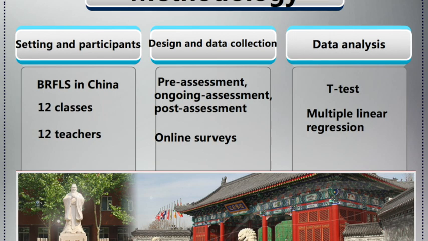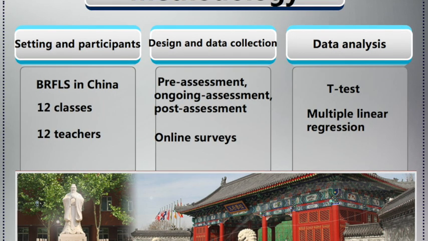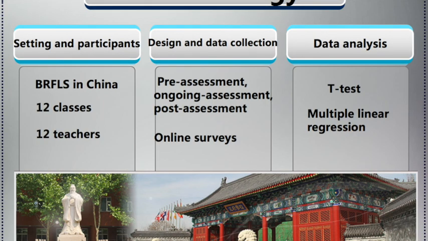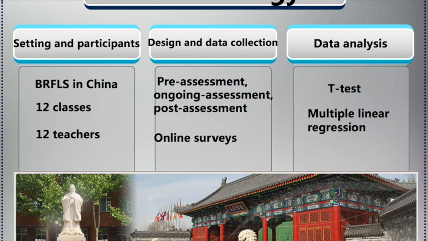About the data analysis, assessment and survey data will be analyzed, separated, and then compared in order to identify the differences between the control group and the intervention group.